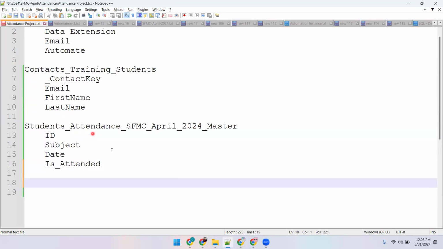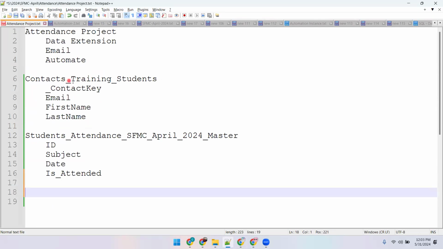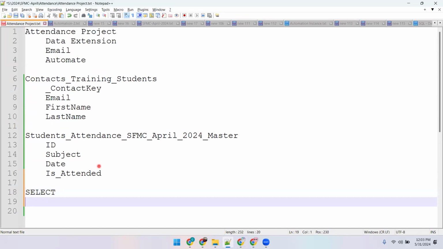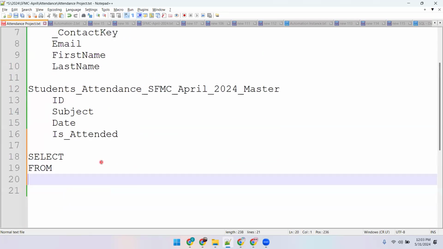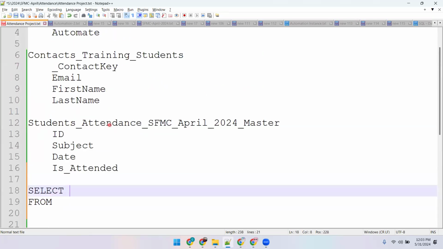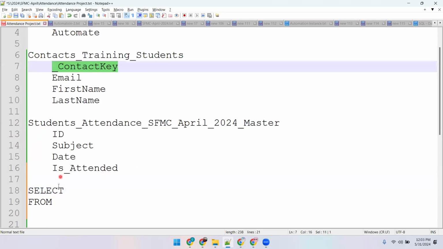So for the first time, you will see how to bring data from this table and this table using joins. Joins, I'll take it as a separate session when we are dealing in detail. Select from, okay. Let us understand select first. What do you want to select? I want to select contact key,